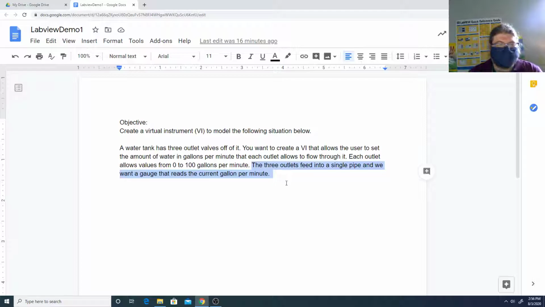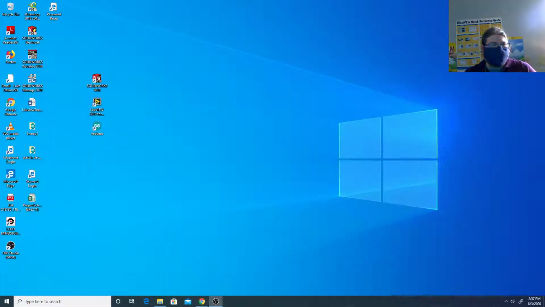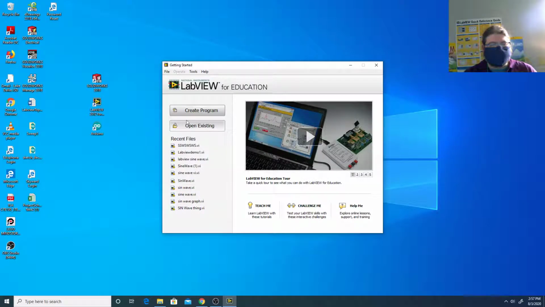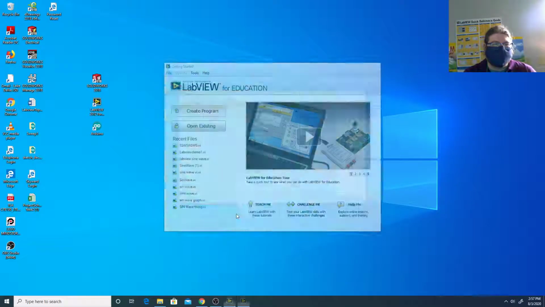The 3 outlets all join together into a single pipe. And so we want a gauge that registers what the flow rate reading in that pipe is, which should just be the sum of the 3 outlets together. So we're going to create a virtual instrument in LabVIEW that's going to do this just for a model. So we're going to click Create Program,